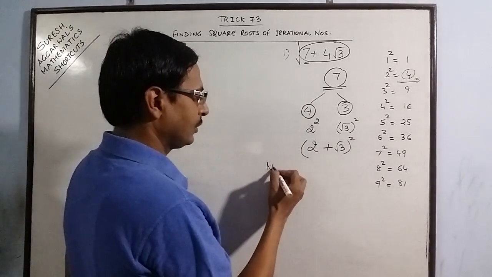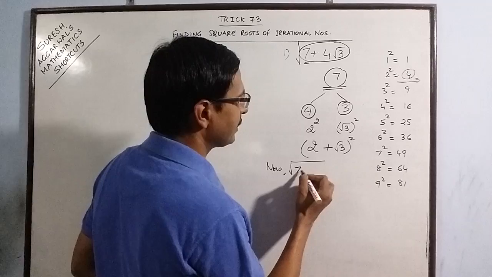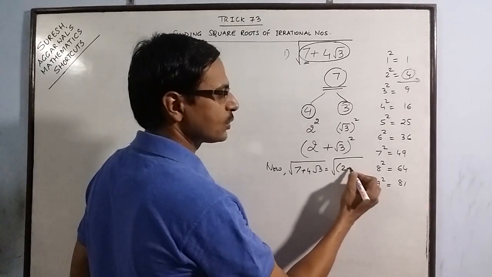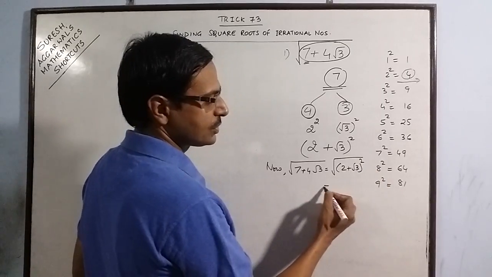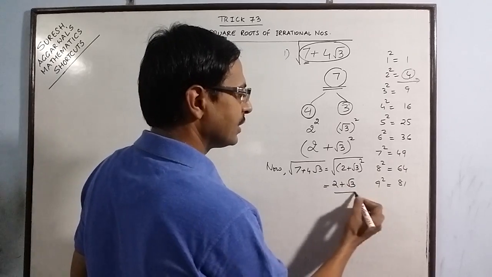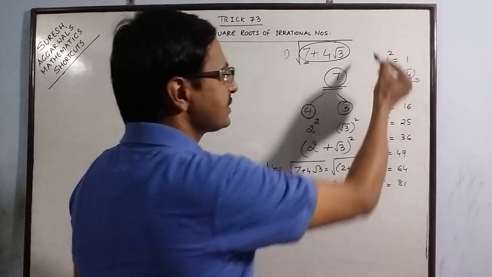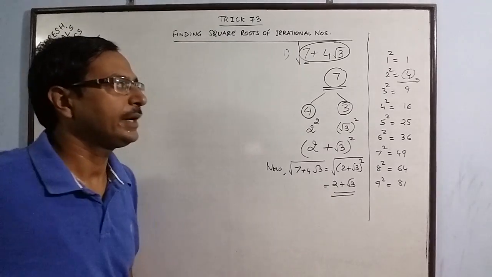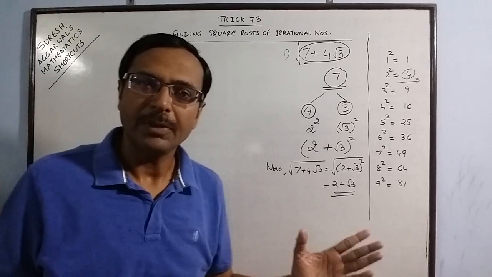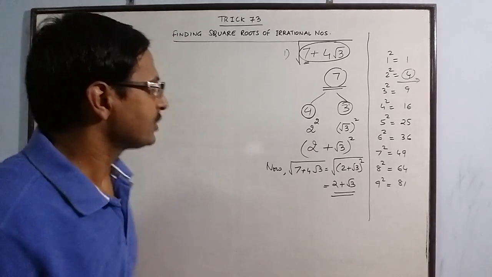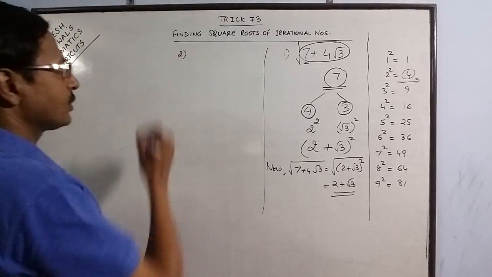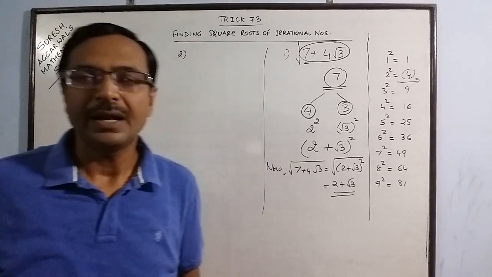And now we have to find the square root of 7 plus 4 root 3, which will give us the square root of, now we have simplified this as 2 plus root 3 whole square. So the whole square comes out of the square root sign, so the answer is 2 plus root 3. So this is the simple method for calculating the square root of irrational numbers. I know in the first example it might seem a bit difficult, but on subsequent examples, you will find that this process is quite easy. Let us take one more example.